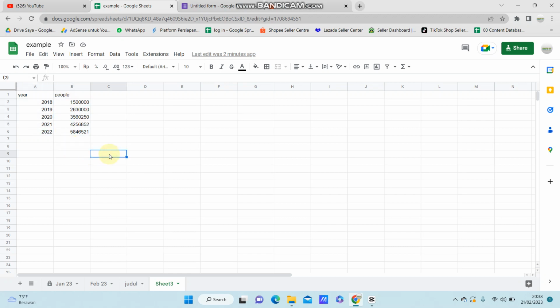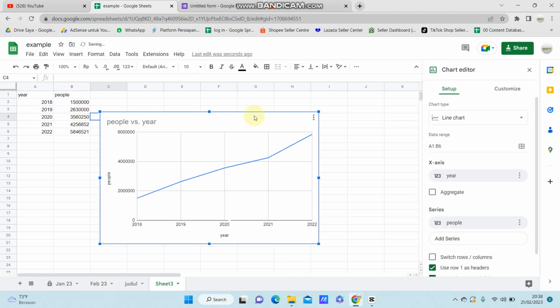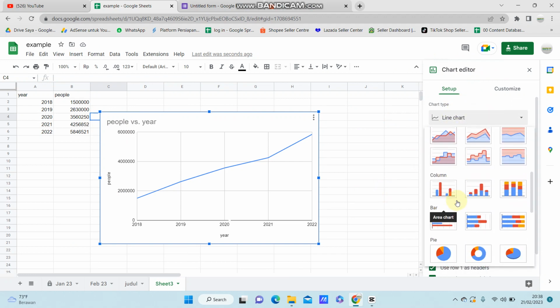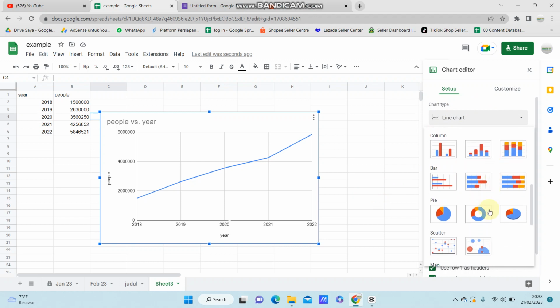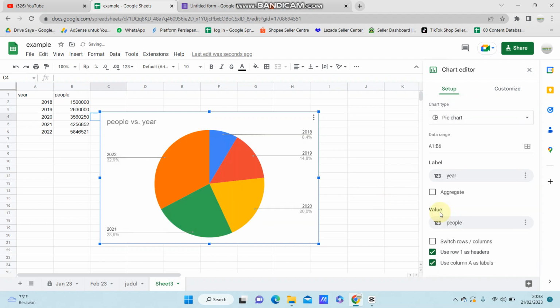Alright, after the data is made, you are just going to select Insert, select Chart, and the options appear on the right, so you can select the chart type you like here. For example, I'm selecting the pie chart, and you are just going to